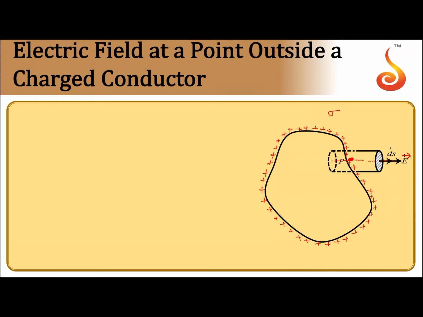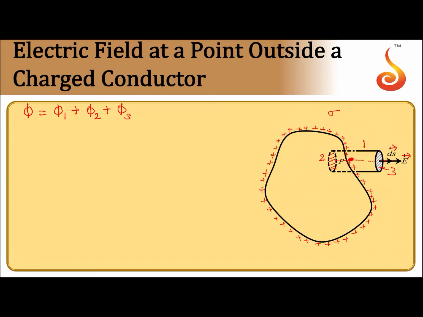Now, if I consider this shaded area, if I call it ds vector, so ds vector is also along the direction of electric field. Now, through this Gaussian surface, if I calculate flux, it has three surfaces: one curved surface, second the flat surface inside, and third this shaded one. So, total flux through the Gaussian surface phi is equal to flux through curved surface phi 1 plus flux through the flat surface phi 2 plus flux through the surface phi 3.